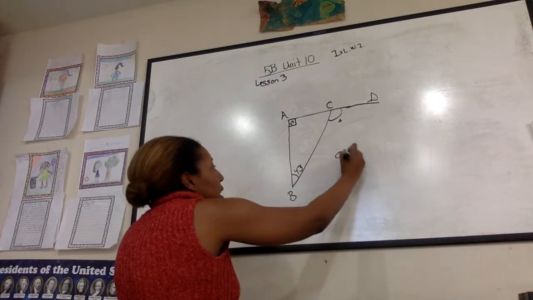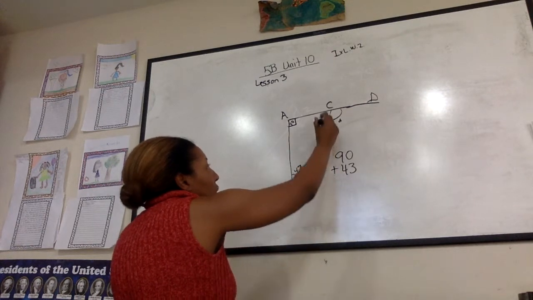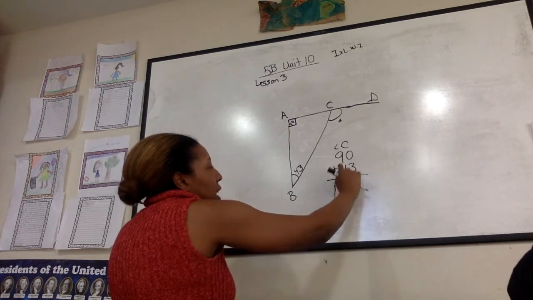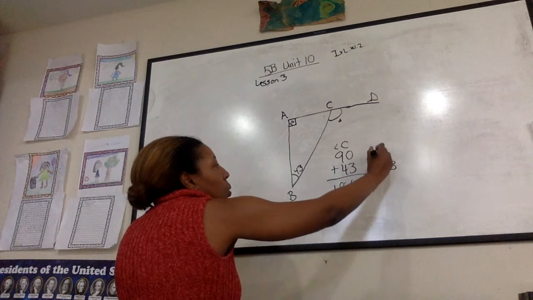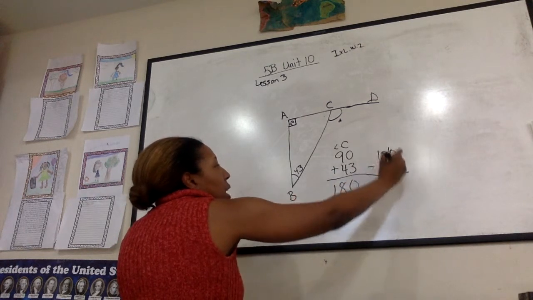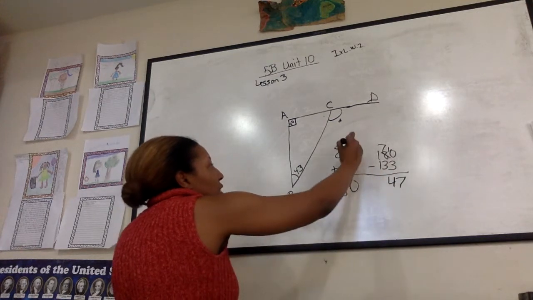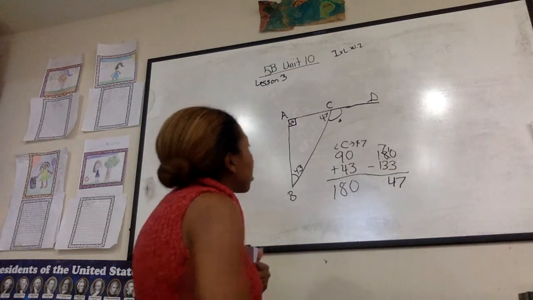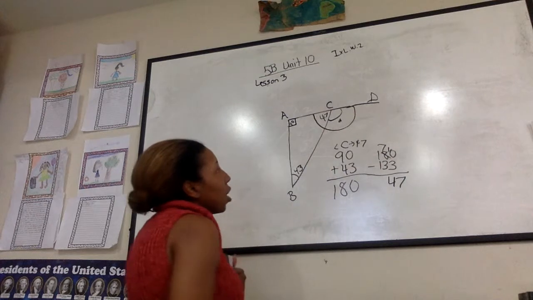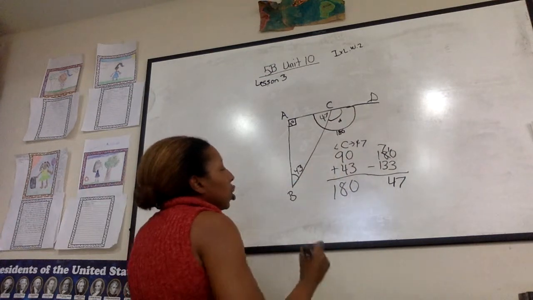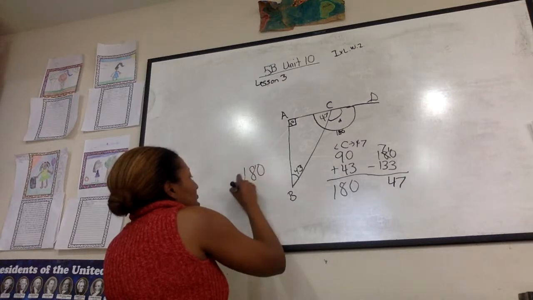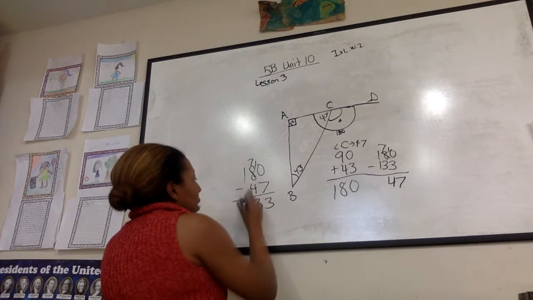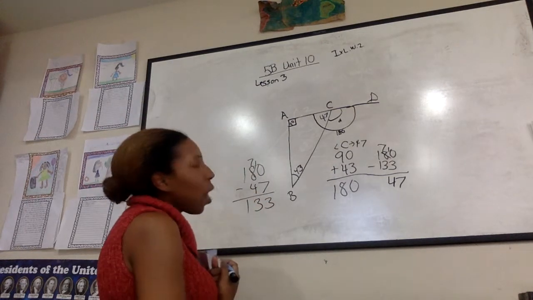So now I say, oh, now I know. If this is 90 plus 43 plus whatever this one is, angle C, that all is going to give me 180, right? So this and this is 133. 180 minus 133 is 47. So C is equal to 47. Pop that in there. And now I look at the big picture, and I know that is 180 degrees. So now I do my 180 again, minus my 47. And I'm left with 133. Now, when you're looking at this big